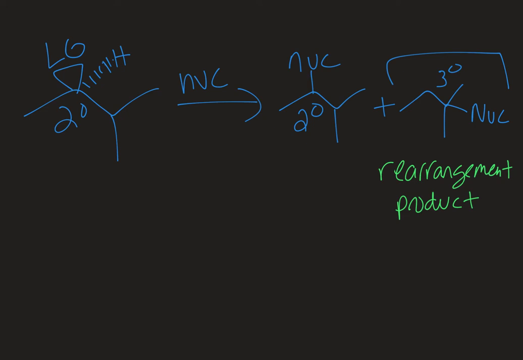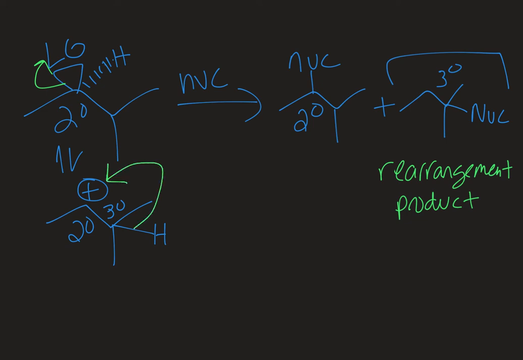So if we look at this reaction here, my leaving group would leave, and that would give me this carbocation. This is secondary, and next door I have a tertiary carbon that is more substituted, and the more substituted a carbocation is, the more stable it is. And so you can see rearrangement where this hydride, taking the electrons with it, is going to shift over to